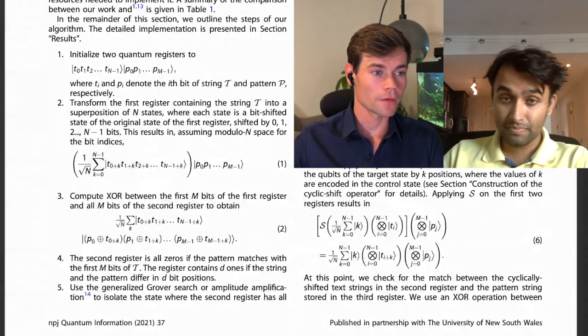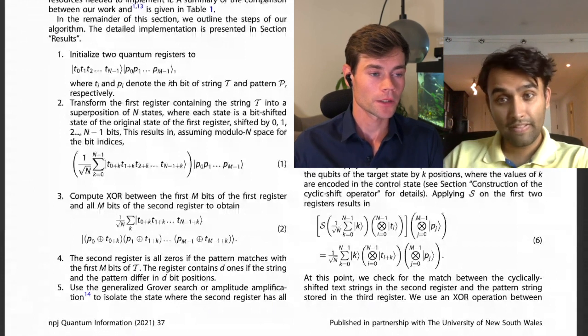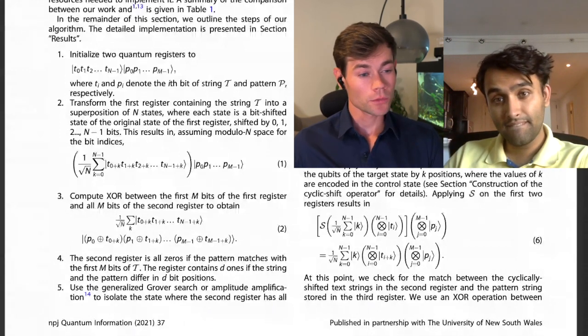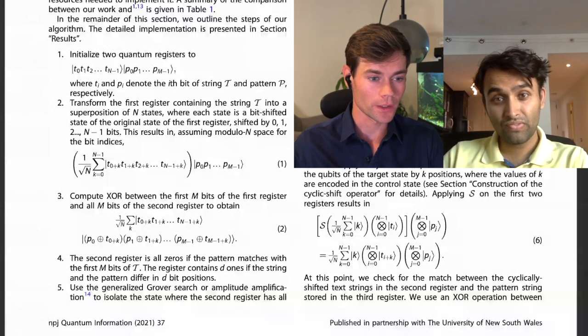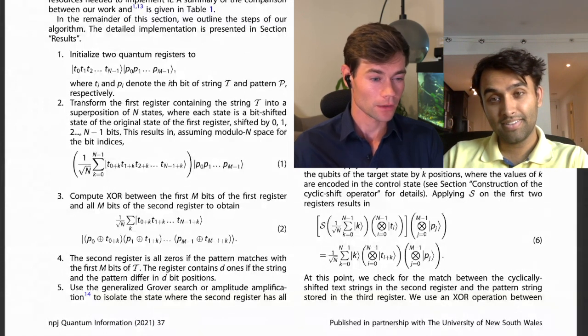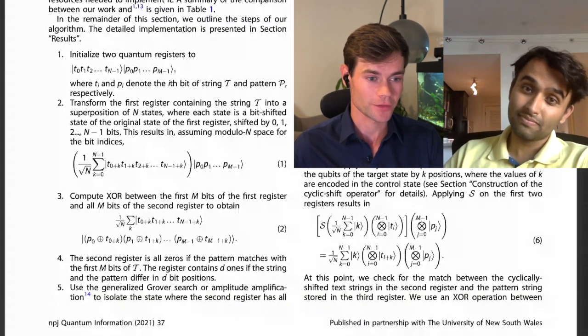A very naive question, perhaps, but when we conduct this XOR operation, are we doing it for one shift? I believe the value that you use to indicate that is k. So for one k value, or in the algorithm, are these being done in parallel due to the fact that we have a superposition in place?